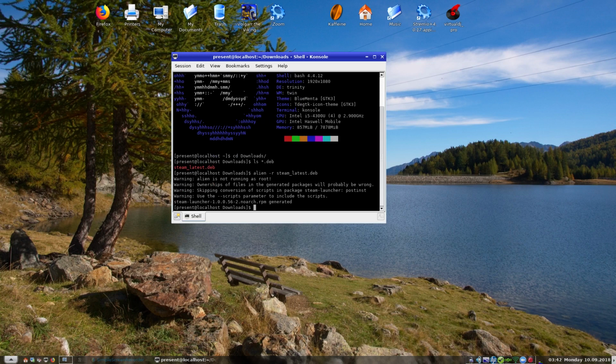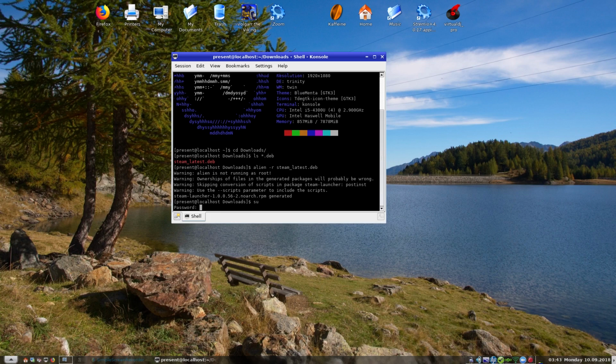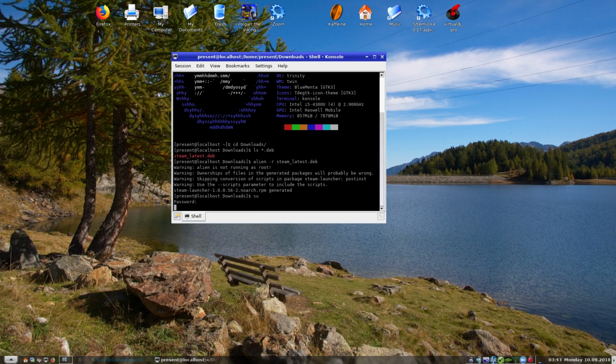As you can see, the Steam launcher has been created, so I need to switch to root. I do want to stay in the download directory, so I haven't put the hyphen at the end, just a space and a hyphen. I will input my password, and I want to do apt install steam. It won't go there. Okay, steam-launcher,